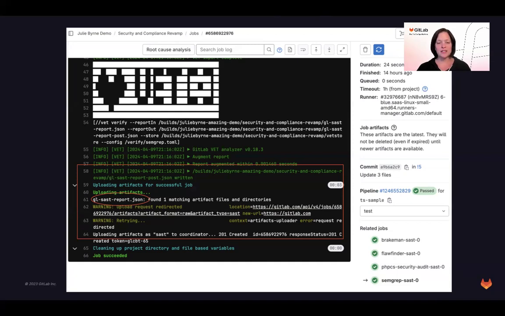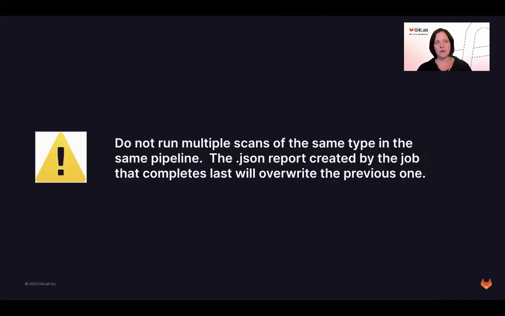With certain scanners, SAST is a special case, so you will see different SAST analyzers run for different types of code, and all of those results will get aggregated. But for things like a dependency scan, let me scratch that. Container scan is the case I have in mind, where we look for a Docker file and we scan based on the first Docker file we find in a repository.